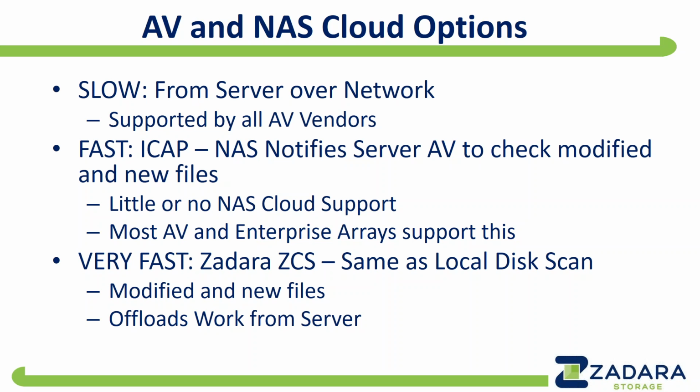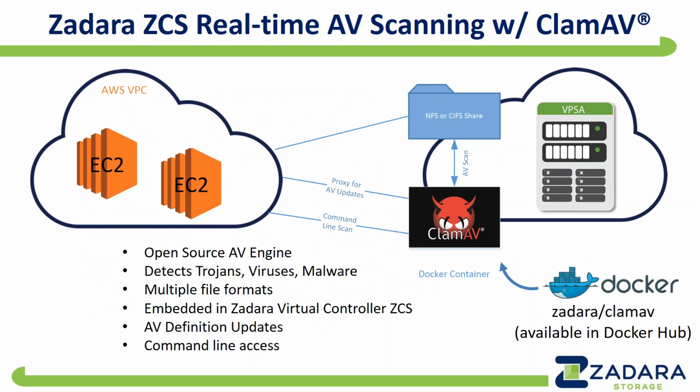So what Gabe did is he took the concept of ICAP and did a notification within a Docker shell. This is very fast, because it bypasses the network and you get a local disk scan. We do the scan directly on the folders or shares when something changes. To do that, he put together a real-time scanning Docker container